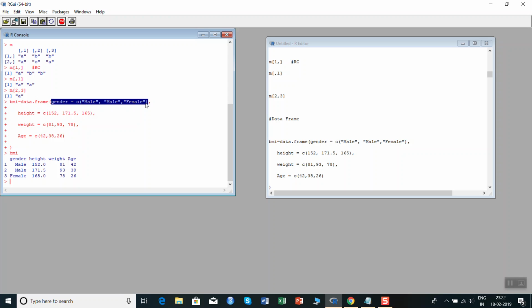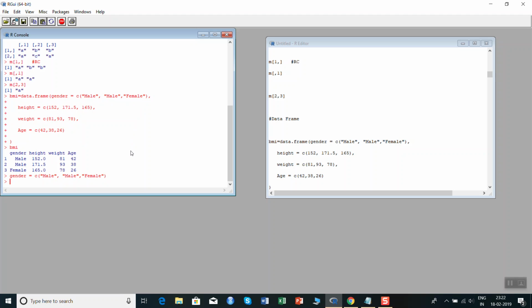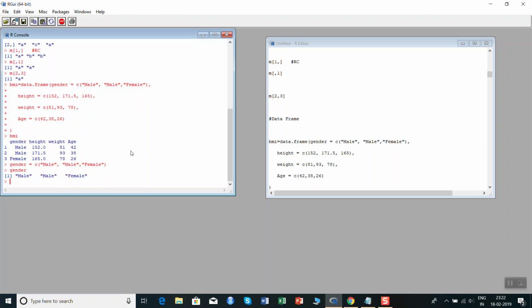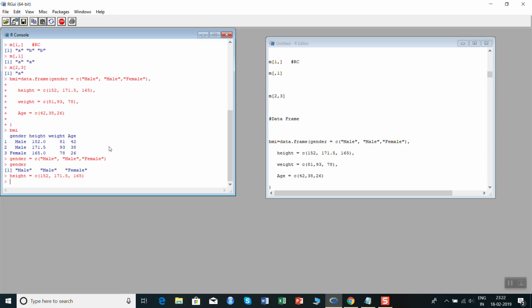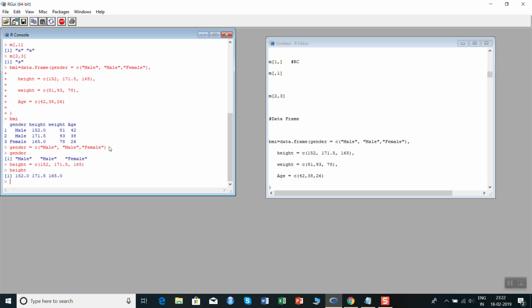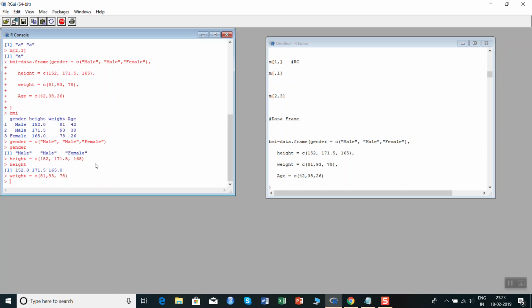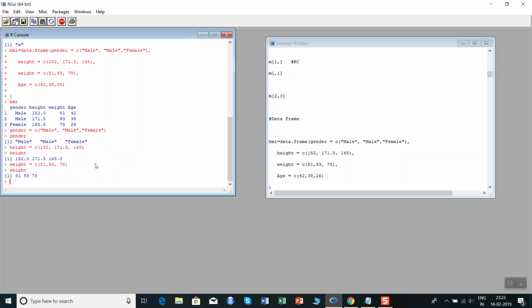So I'm just pressing Ctrl+C on this thing. So gender equal to now this thing, and height equal to this thing. The height will be giving this, the weight will be giving this, and age will be giving this.